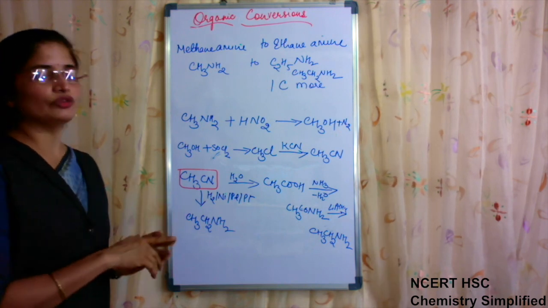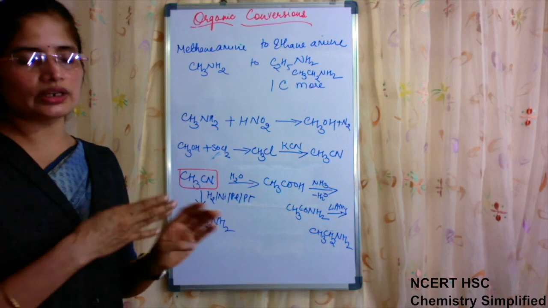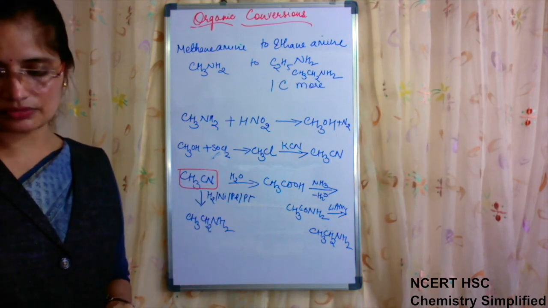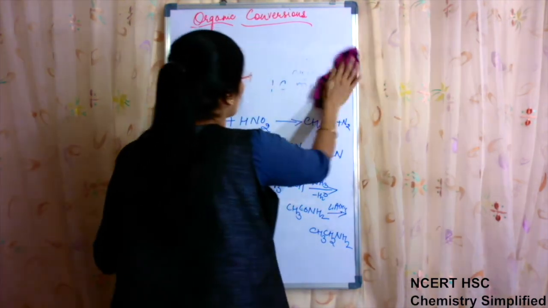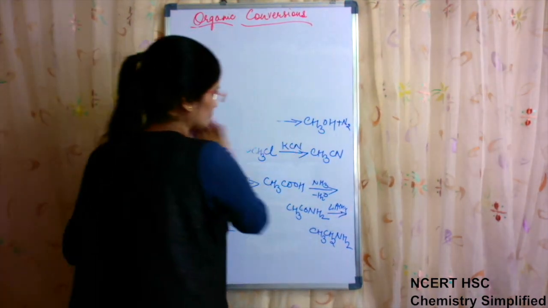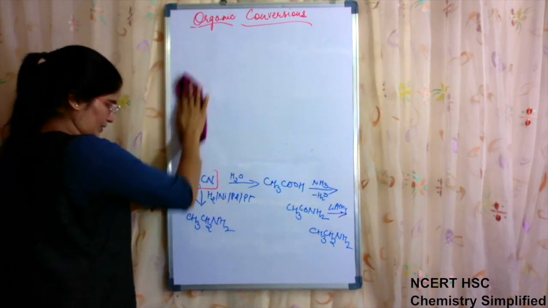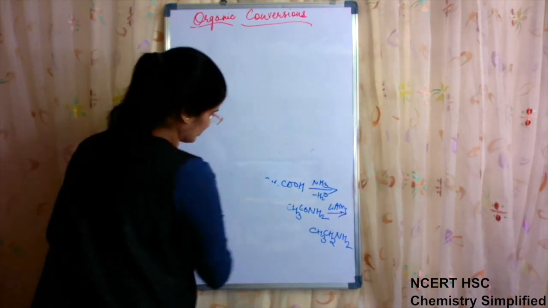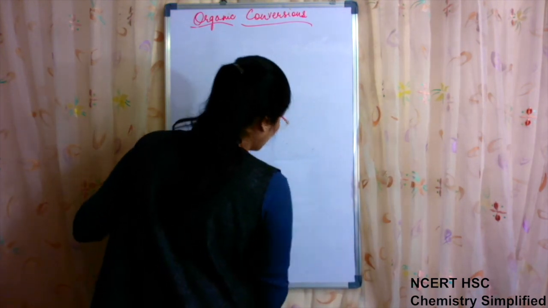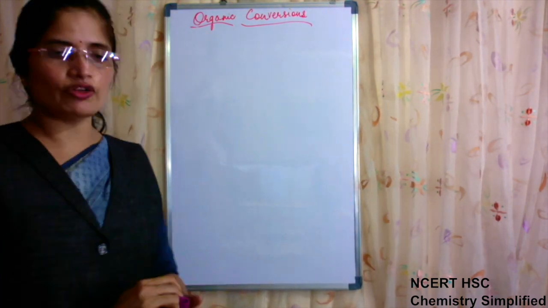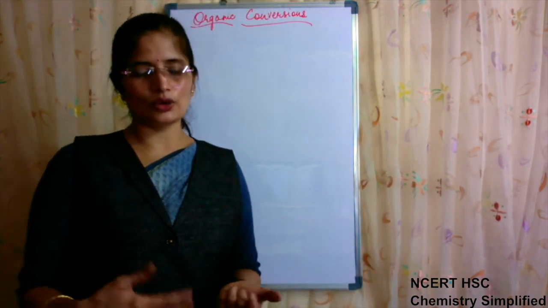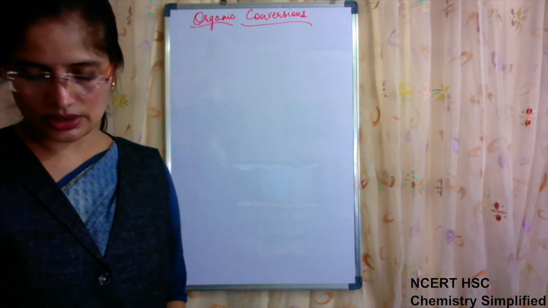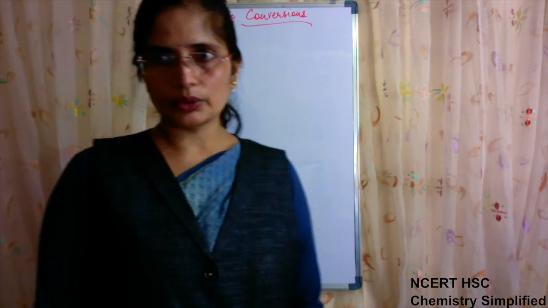If you look at them, you will see every time almost 2-3 reactions are being used again and again. So this tells that conversions are not difficult. They only require some practice from you. Once you start practicing, they will be very easy. And conversions don't come in the exam just in the form of conversion. How will you prepare this from this compound? That is also a conversion. So they can be in other forms also.